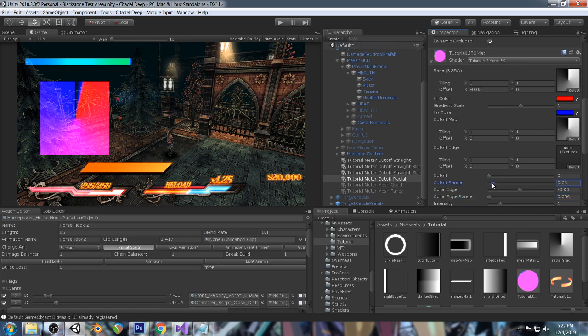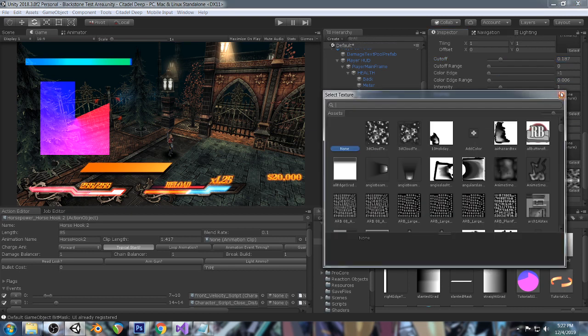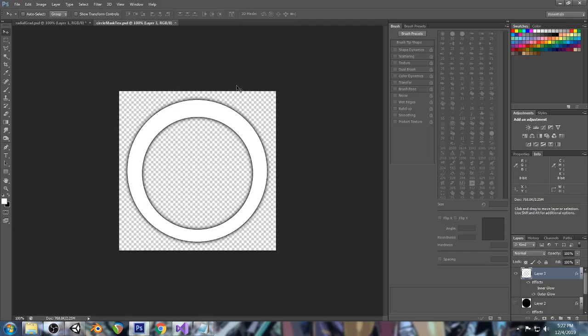I don't know if it's easy to understand. So we have our main cutoff, right? Let's actually turn all these down. You can go around like that. It'll give us that shape, right? That's cool. And then from there, you just do that mask. Go ahead and create a slightly different mask. We'll use this one. We'll crack it open and make it a little bit different. Probably not too much different, but